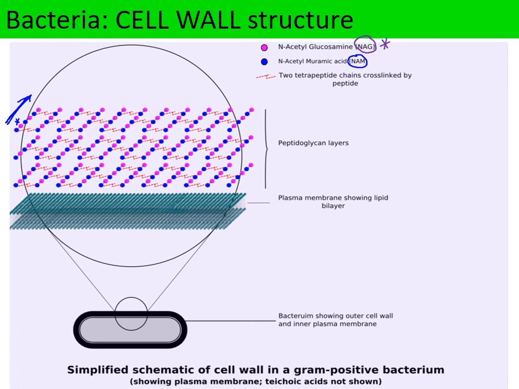Now you can see here, actually, you get two short peptides from each chain, and these short peptides are linked actually by a peptide bond. So these short peptides help to glue together the long straight polysaccharide chains, and you can see there's many of these short peptide cross-links